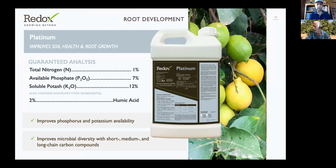It's a 1-7-12. It brings in several of the different components that we like to think about when we think about root development. It has a nice phosphorus number, and that phosphate in there is complexed with carbon to maintain availability once it goes in the soil, and it really can be a phenomenal phosphate input, as well as it has potassium that's also